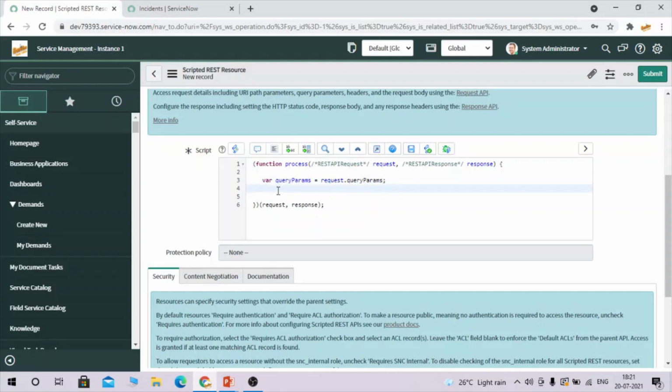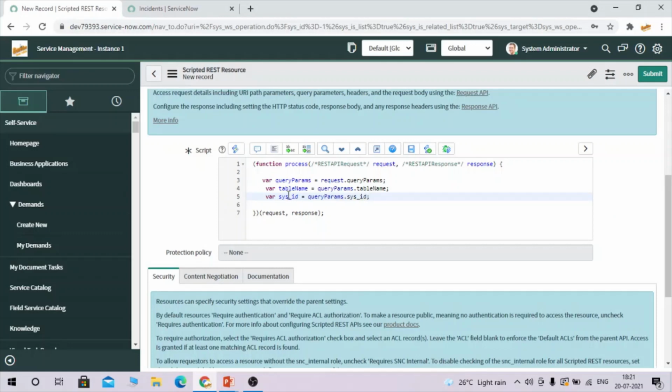Here I'm going to define one more variable as table name, and here I'm going to have queryParams.table_name. If you want, we can define one more, like let's define sysID, queryParams.sysID. So these are the parameters.